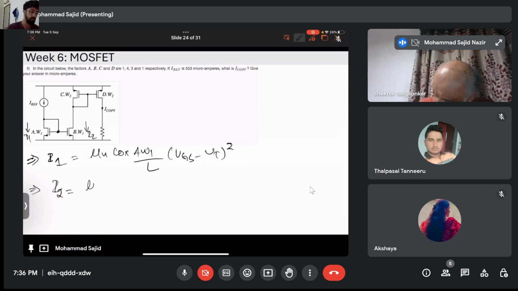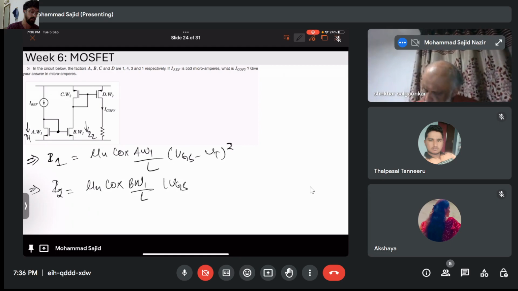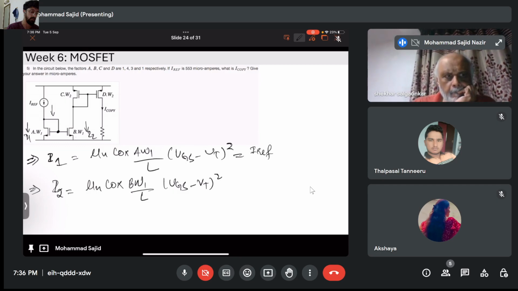My I2 will be mu n Cox W1 by L (VGS minus VT) whole square. Now this current is equivalent to I reference, right? Because the same current should flow in the series. So if this is equivalent to I reference, that means